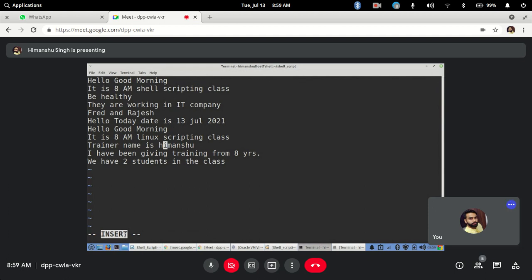Earlier, when we used small r, it just replaced a single character. Here it removes the character where I put the cursor, goes into insert mode, and lets you enter whatever you want. It stays in insert mode until you press the escape key. Clear?